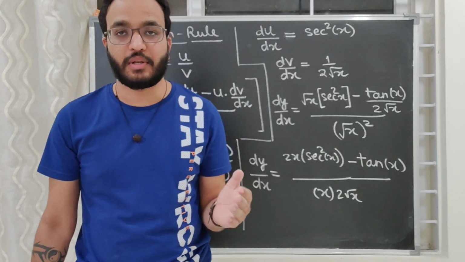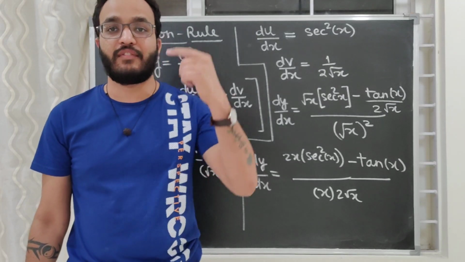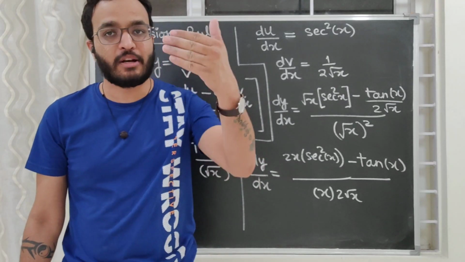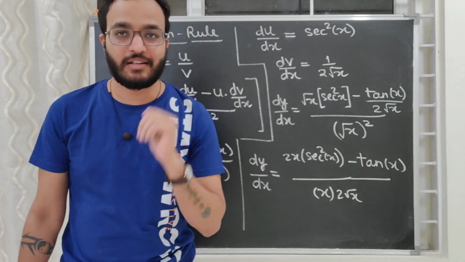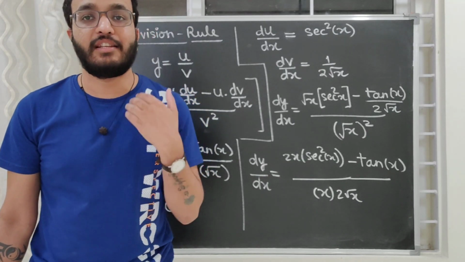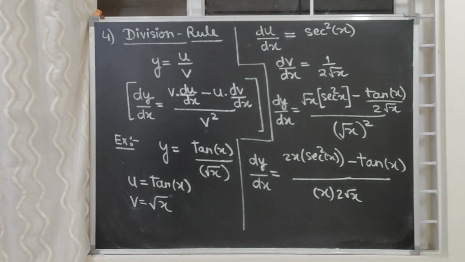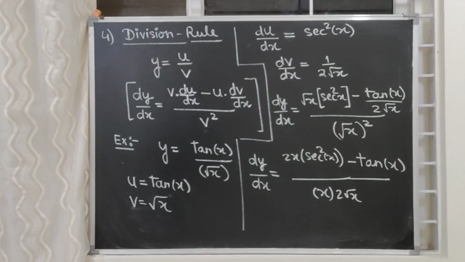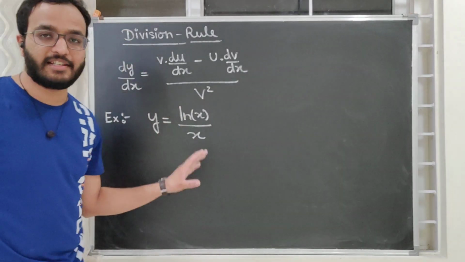in physics. There we need to know how to differentiate two functions if they are given in the format of numerator and denominator, or if they are given in the format of a product. We need to know how to apply the formulae or these rules at that time. So one more example, I think we should do it. One more example we will do over the division rule. Come on, let's start. Now we are going to do another example.